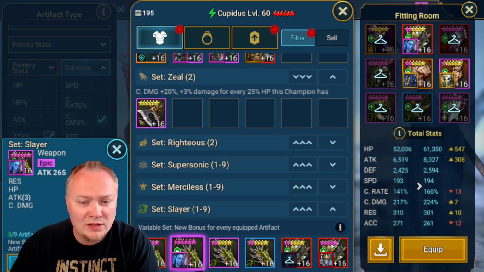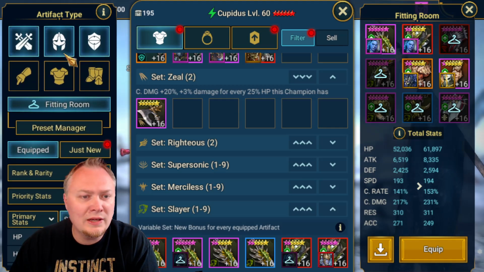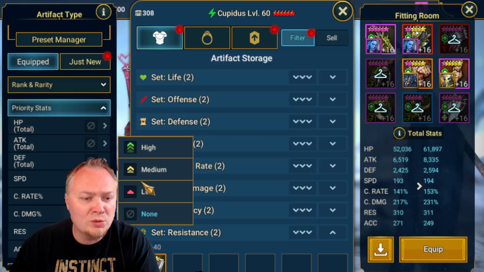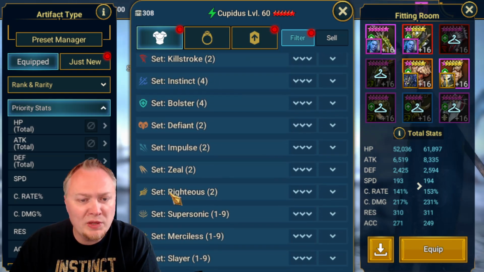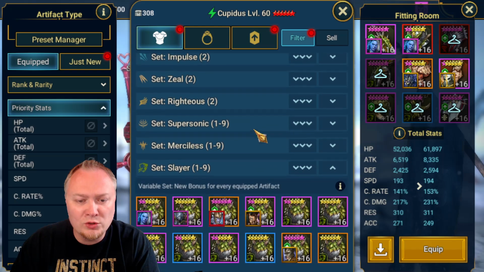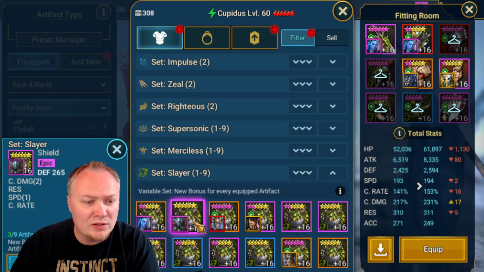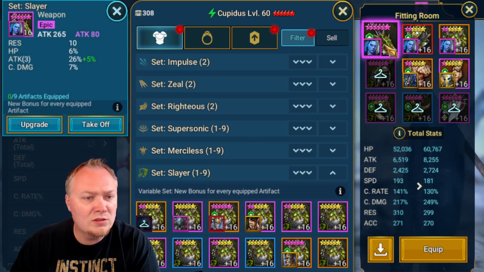So what if I take these off Dark Elhane? And then I would still need, 1, 2, 3, 4, 5, a shield with just the most possible crit damage. Now, when you're watching me gear champions, look at how I'm using the filters as well. And then, is this the highest amount of crit damage I have? 17? I think so. But on this one...